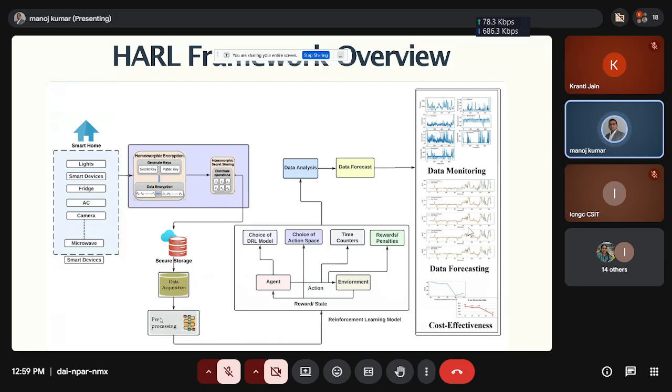scheme. It's not a conventional scheme. In conventional secret sharing, the share is going to be encrypted and embedded, and likewise the encryption is performed. But here it is homomorphic encryption, so the data is already encrypted, and then we do a further encryption on top of it by generating different shares. That's how this encryption over encryption brings more privacy, and that's why we have this fully homomorphic encryption. And then the data is stored on the cloud, and from the next step, the data is going to be